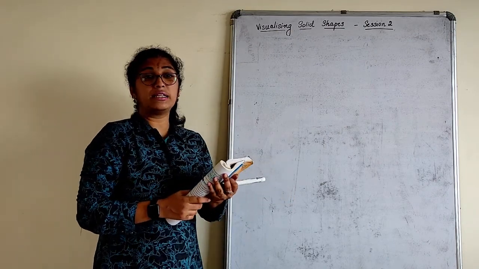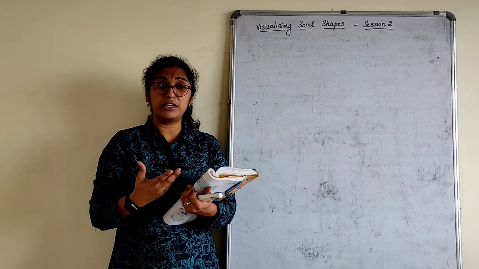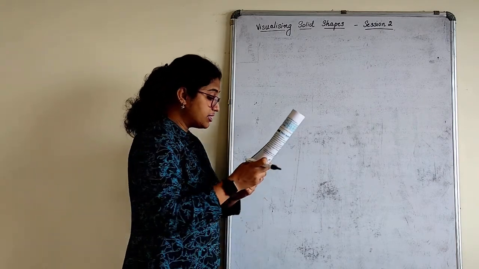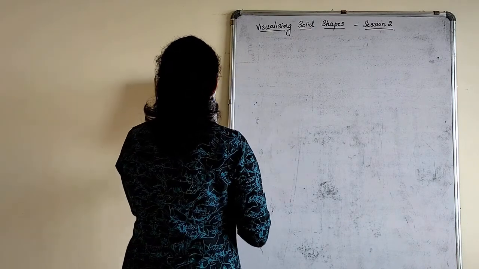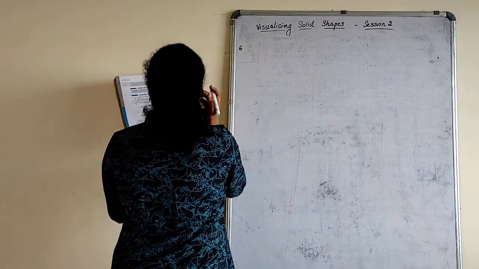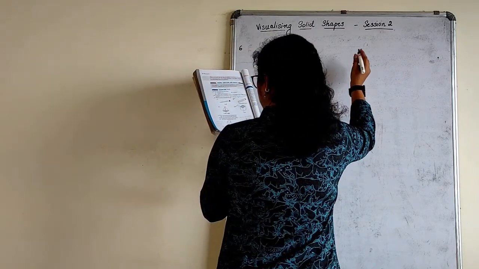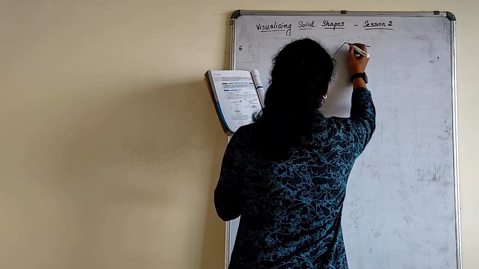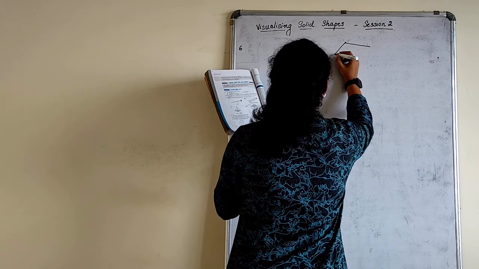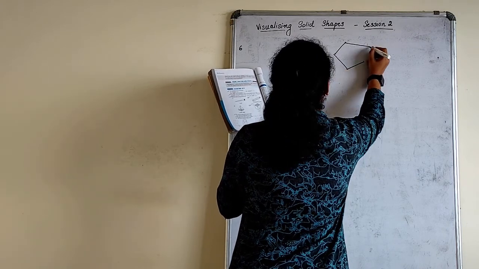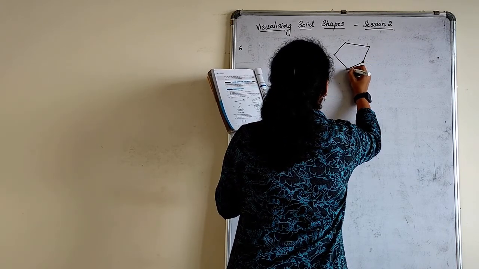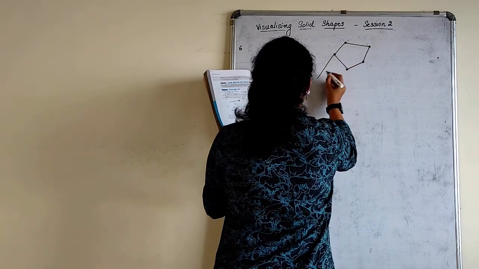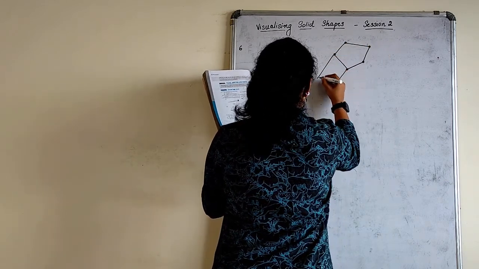So that's what I told in the beginning of the chapter. There is nothing much what I can do as board work in this chapter. Now next, verify Euler's formula for this solid. 6th one. So according to the figure given here it is a pentagon. Let me just highlight these points. Okay. Let me just try to draw this.